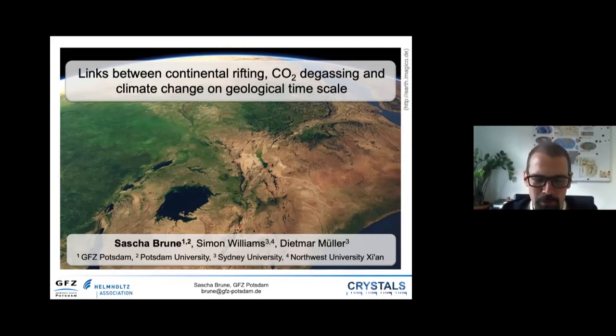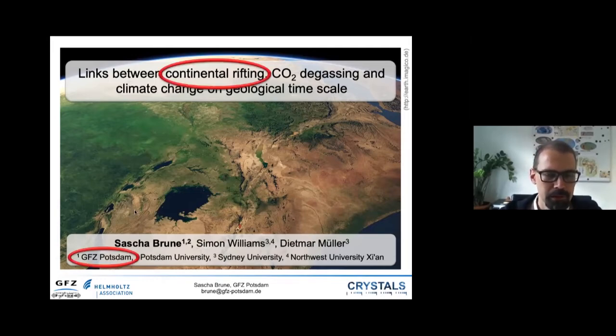And this was a great introduction from Sabine of what you can learn from all these components of the carbon cycle. And now I will just build on this and focus only on one of these dots that he had on the map in the end, so continental rifting. But before I start, I'll give you a quick introduction to continental rifting and also to what I'm doing in